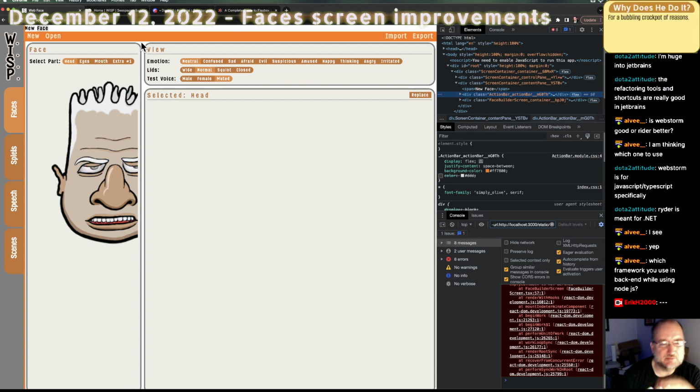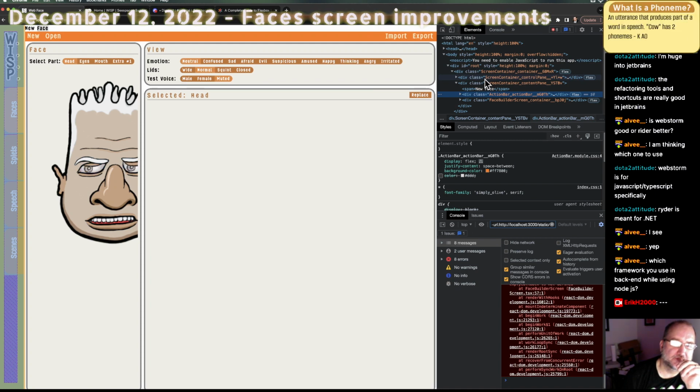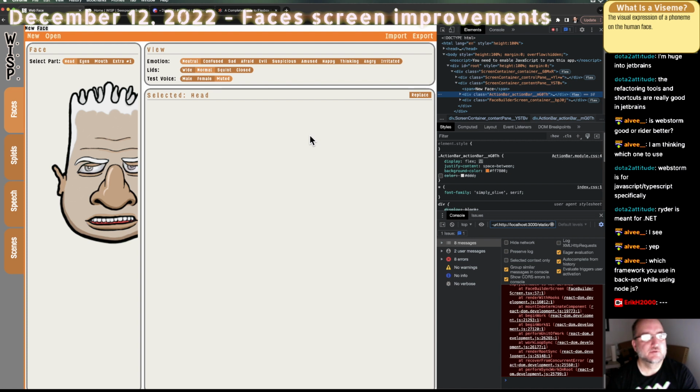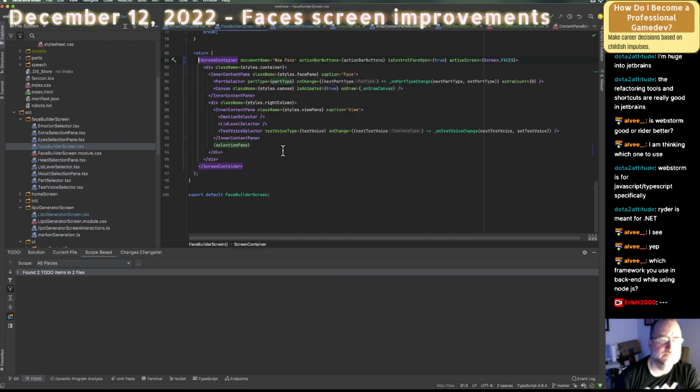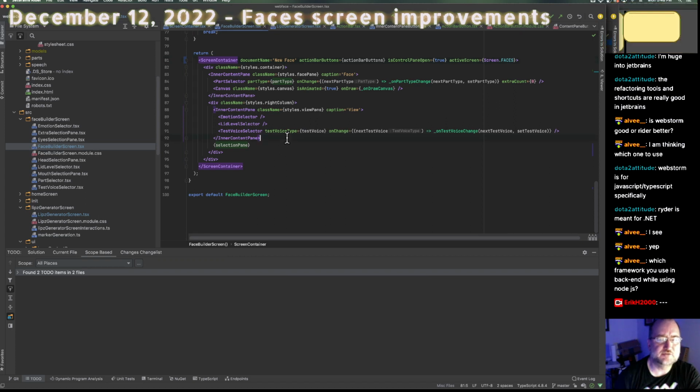I mean, I could make one more div inside to contain those. Okay, if I put it inside one div, then I've got less work to do with the layout inside of the action bar. But